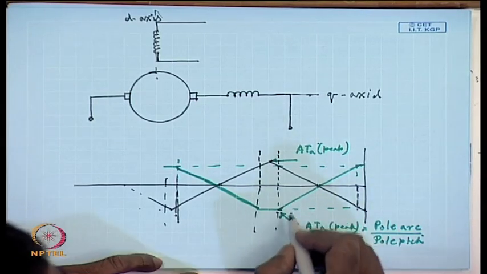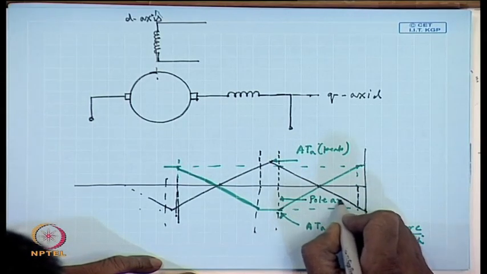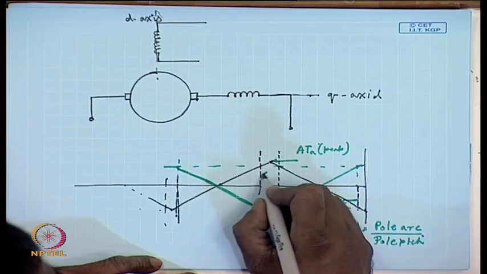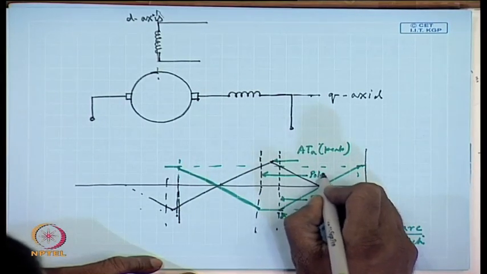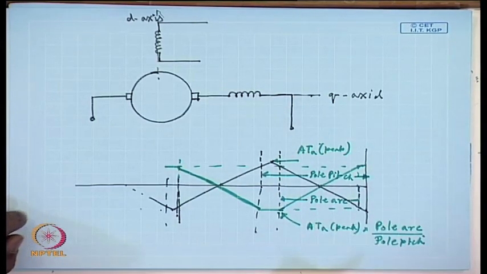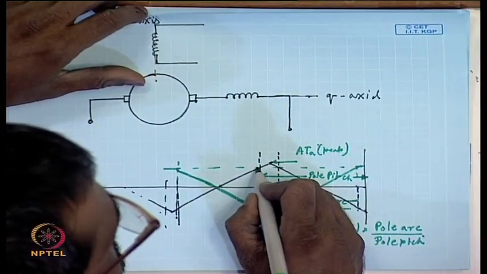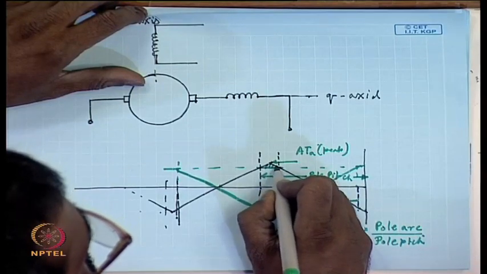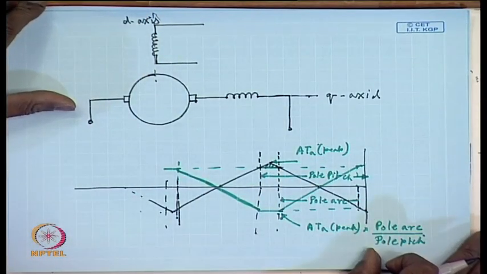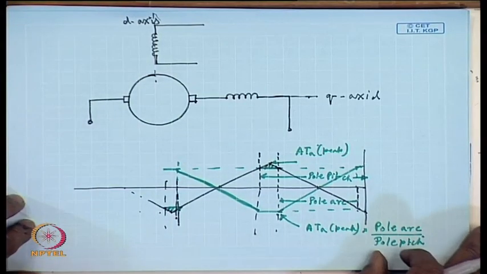That is, this is the pole arc and this is the pole pitch. Therefore, this amount of armature MMF at the interpolar region will still remain uncompensated, and hence the flux density waveform